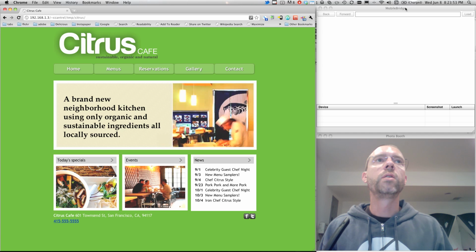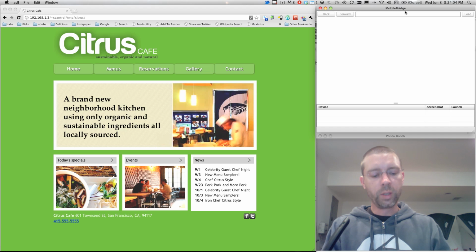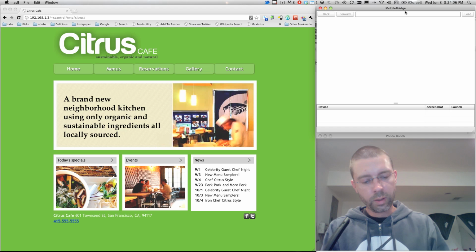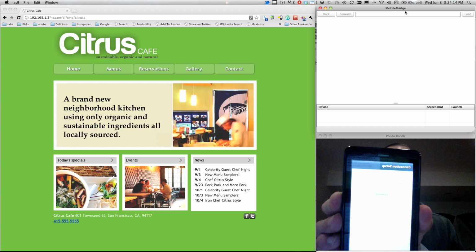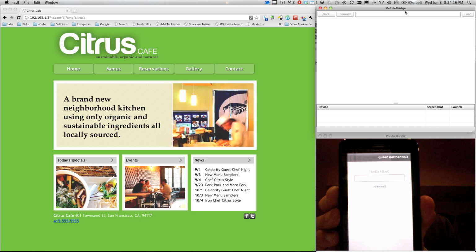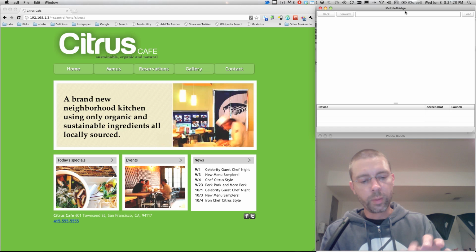So I created this application called Mobile Bridge. There's two parts to it. It's an Air application: there's a desktop Air application, and there's also a mobile Air application. What I'm going to do is open the mobile application here, and the first screen that you'll see is a connection setup, and it's asking me for a name. I know this isn't the best production method here. It's a little hard to see, but you can give it any name you want. I'm going to call it Droid,